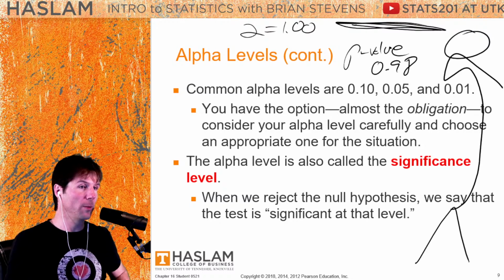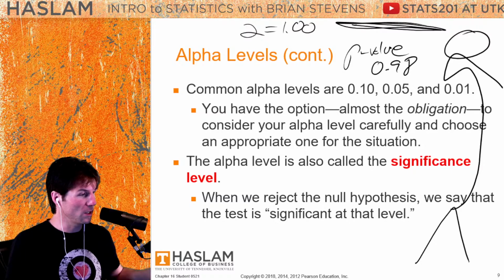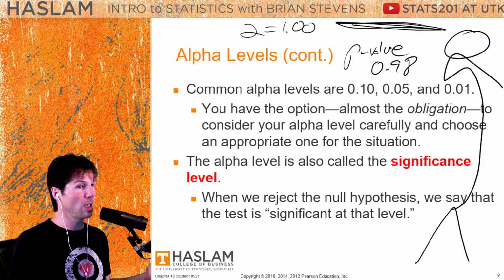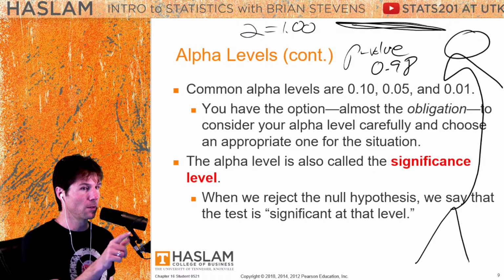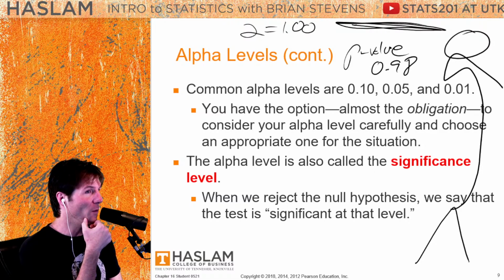With sample size, we've got a little bit of control. You might say, I don't have enough money to get more data. That's how much data do you have? More data, more power. Alpha is the one we have the absolute most control over, but you have to be careful